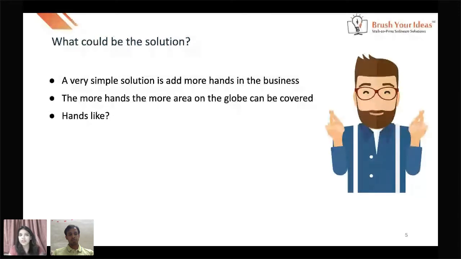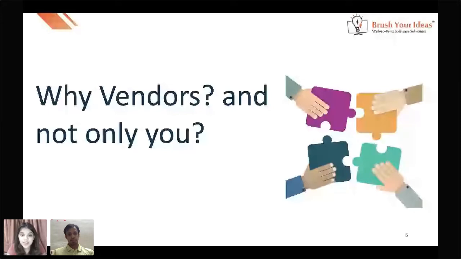So what would these hands be for you? It could be any partner who is a vendor, a reseller, an artist, a printing manufacturer, and so on. I would just say that any business owner, any printing business owner who is useful to run a combined business would be your perfect partner for this. So you would need multiple such hands with proper and precise expertise. This could be a good solution for you. You start looking into this. Now I would like to talk about why only vendors.